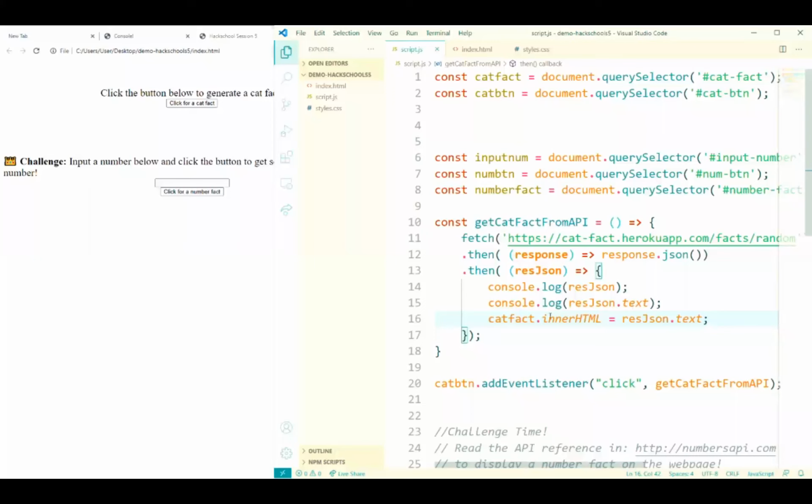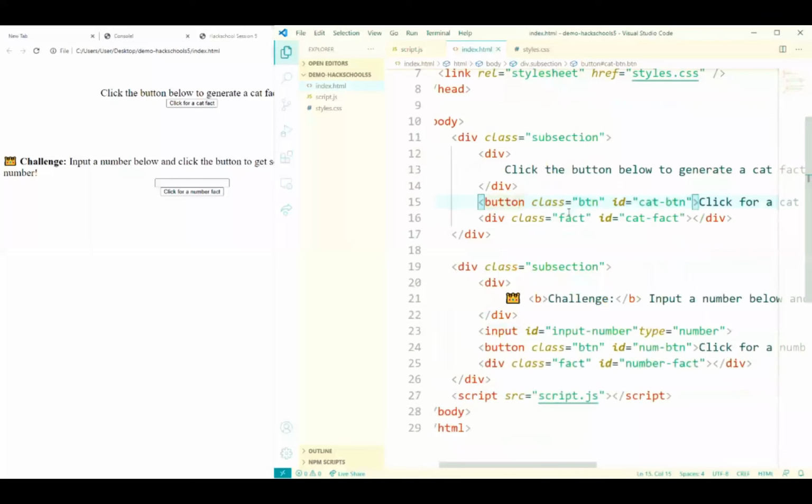And just a reminder, cat fact is our variable that has a reference to whatever we selected using a query selector. So in this case, it is this empty div here, cat fact. It is this empty div.